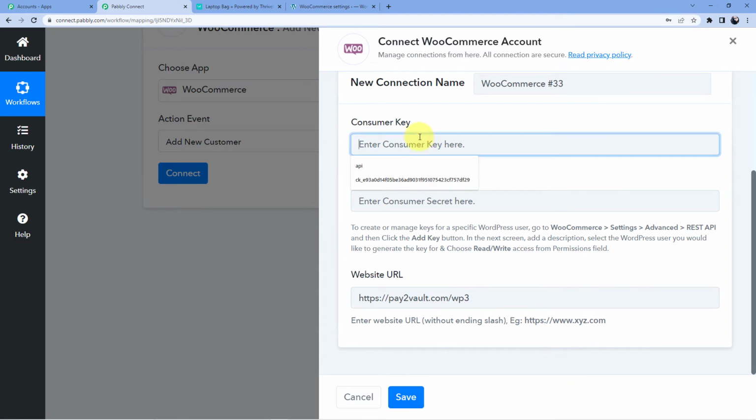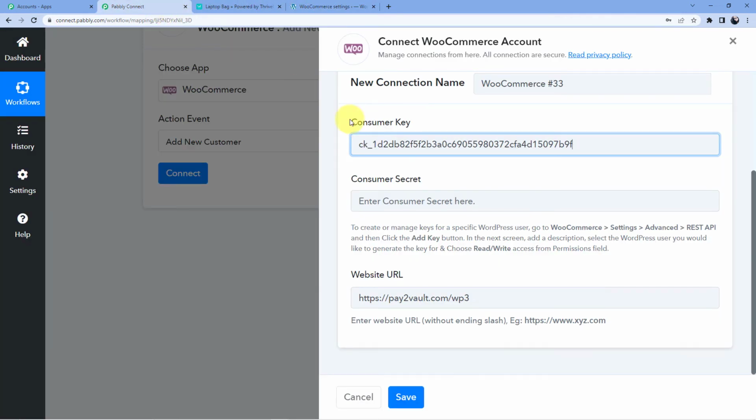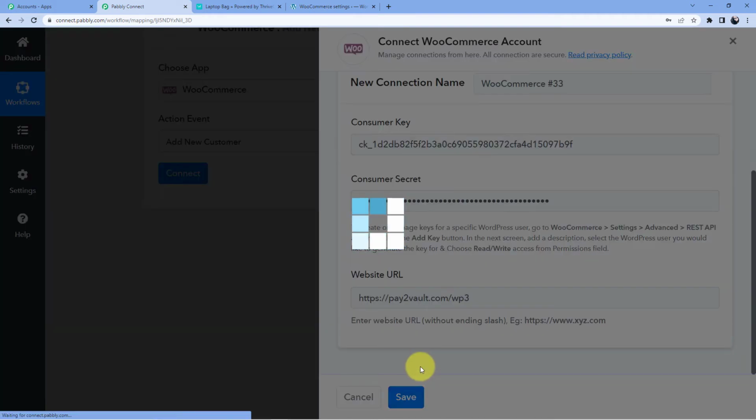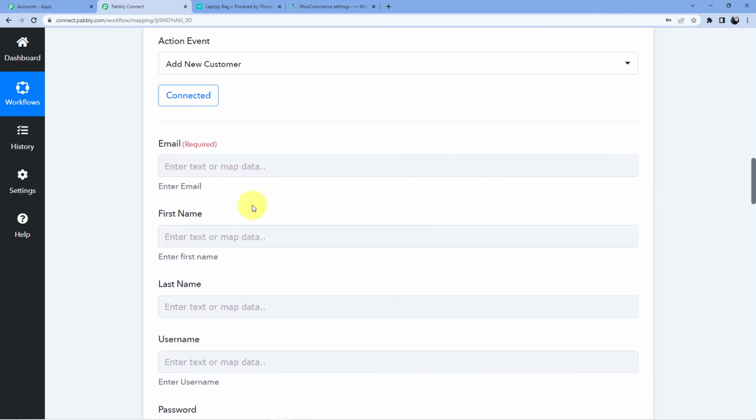So just copy that consumer key and paste it here. And you can see this is the consumer secret. Copy the consumer secret and paste it here. Now just click on save. And as soon as you click on save, you will see that your WooCommerce account is now connected to